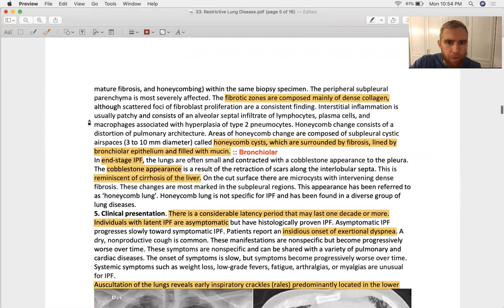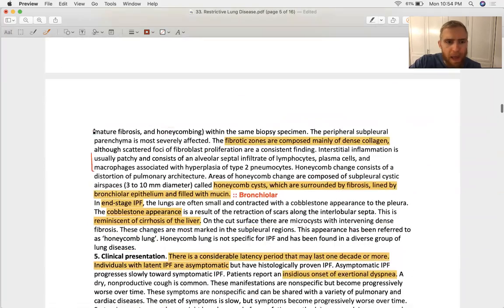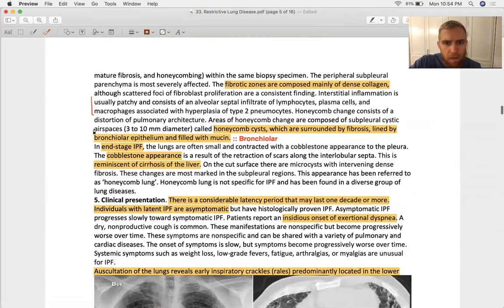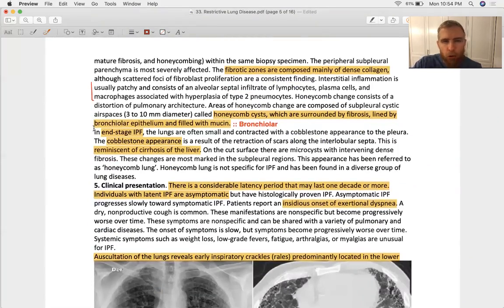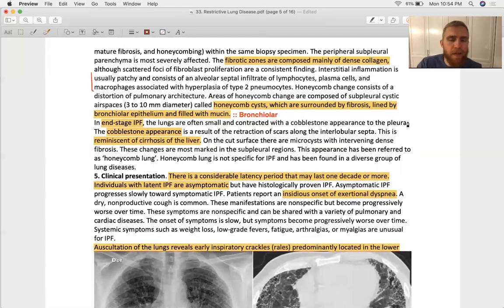You're going to see a lot of different cell types in there. Right here at the top of page 5 is your histology of it. And it's important to note grossly that you're going to see honeycomb changes, which occur at the bronchiolar hierarchical level of lung organization. Remember that it's important to understand where you are in the lungs when you're referring to a particular pathological change,